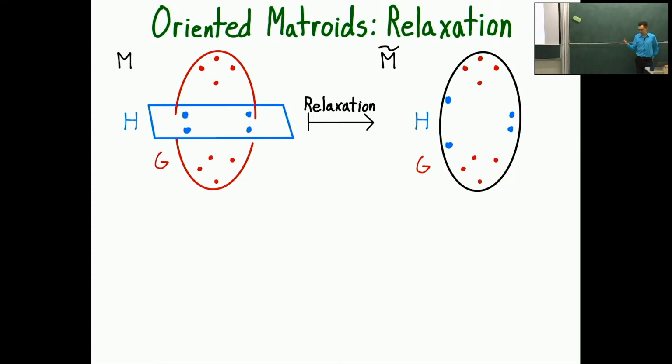Oriented matroids are closed under duality. They're also closed under minors. For deletion you just get rid of the elements, and for contraction you can dual, delete, and then dual. You can also think, as an exercise, about how the orientation would look. Another operation that oriented matroids are closed under